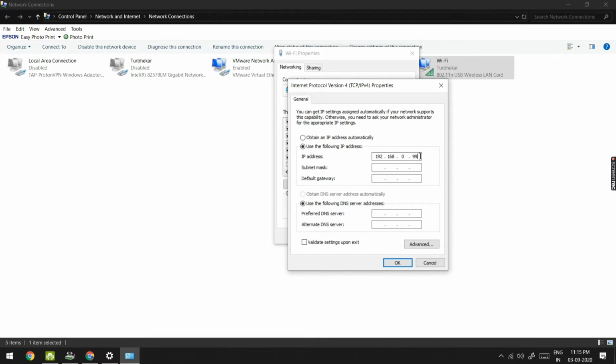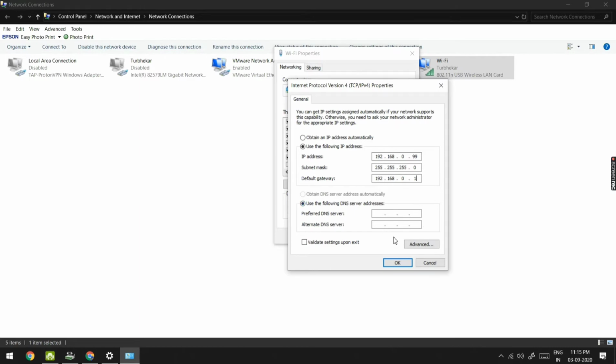I want to give the IP address 192.168.0.99, which is the last number of the range. The subnet will be 255.255.255.0, because it is a private IP of class C, which has network bits of /24, and the default gateway is the router IP address, so we will put 192.168.0.1.